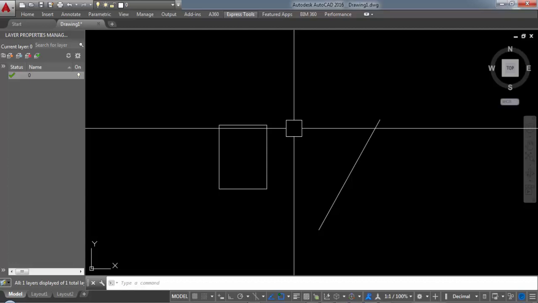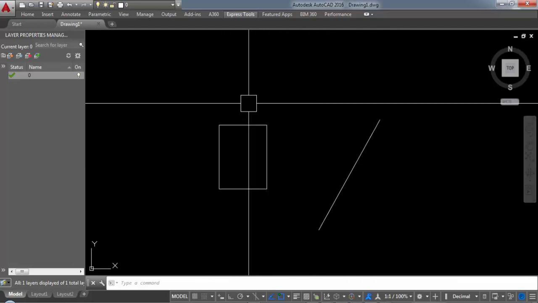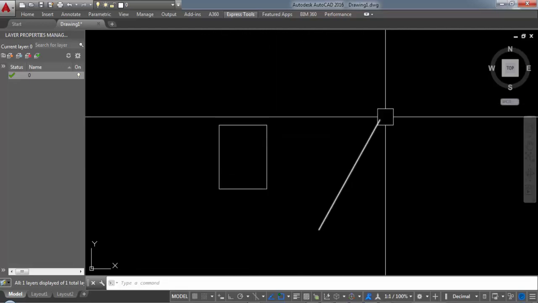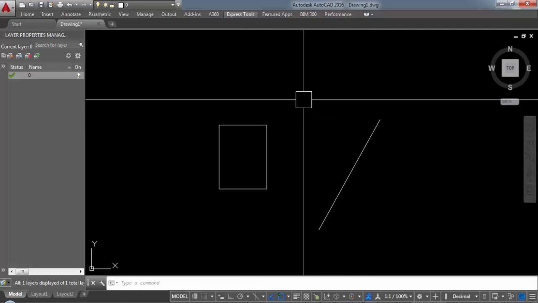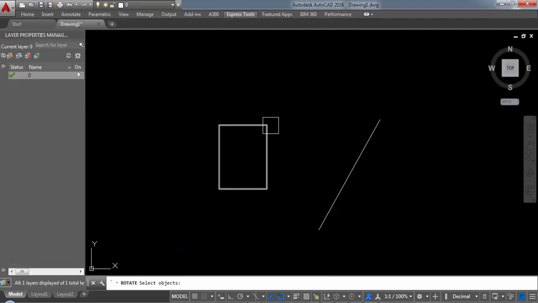In this session we will talk about the rotate command, how to use the rotate command by using a specific reference. For example, I have one rectangle here and I want to rotate this rectangle by using this line reference. Just press the command for rotate and then select